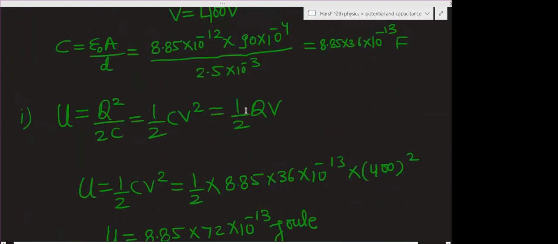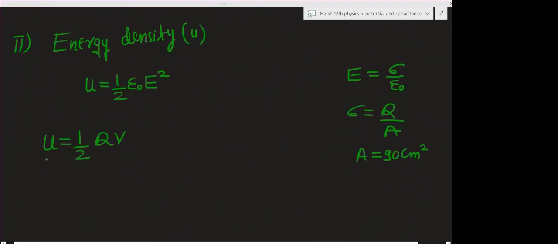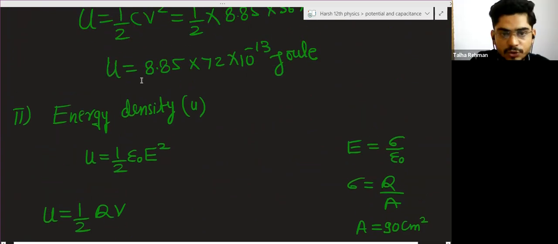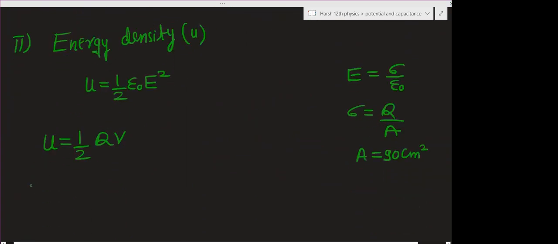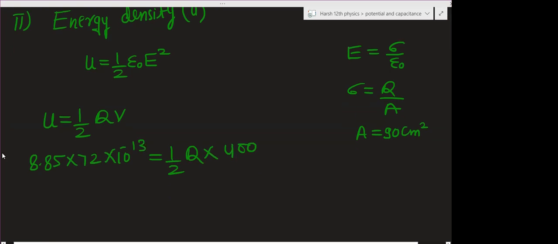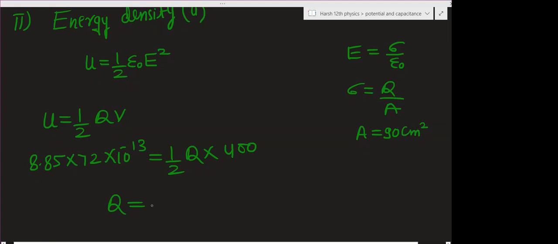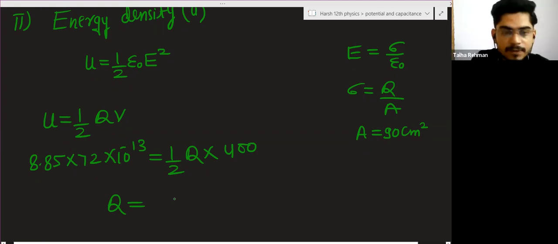If I am using this formula, I can write U is equal to half QV. U is given to us, U is known. U is 8.85 into 72 into 10 to the power minus 13, and this will become equal to half. We have to divide Q, and we have this 400. From here 2 will shift up and then 4 will come down. We can do the calculation. So the value of Q will become